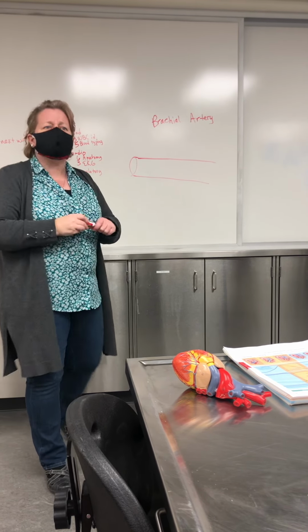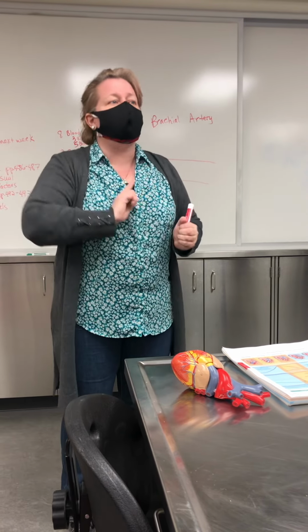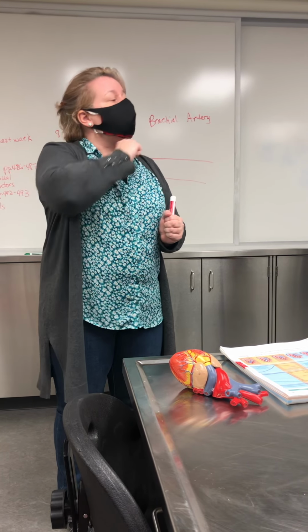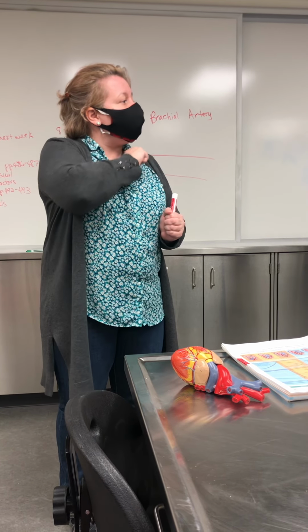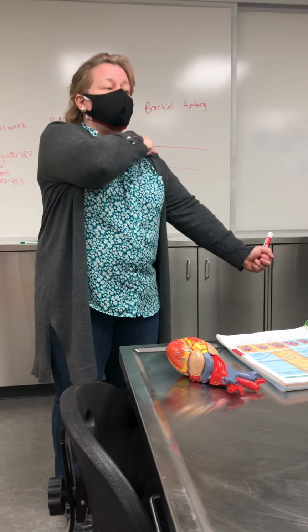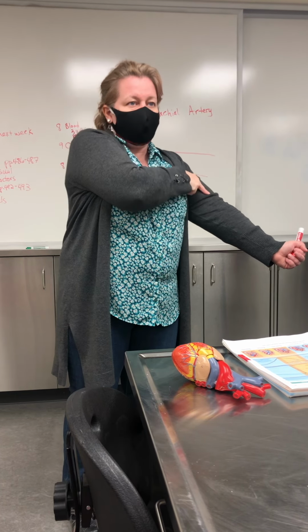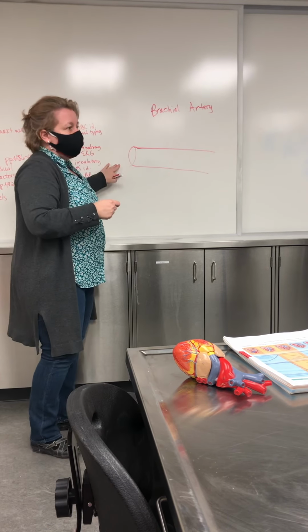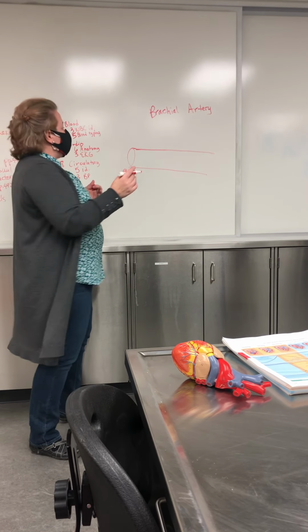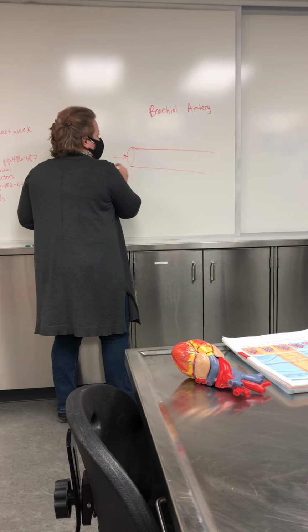I mean, picture this, right? The ventricle squeezes blood out, it goes up through the left subclavian artery, for example, and then through the left axillary artery, and then down through your arm. So it's very close to the heart. Your brachial artery is going to be very close to the heart. So as blood makes its way through here, what's going to happen is